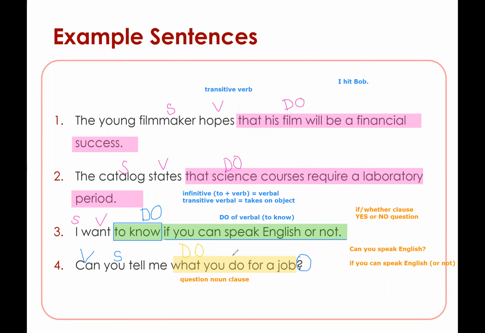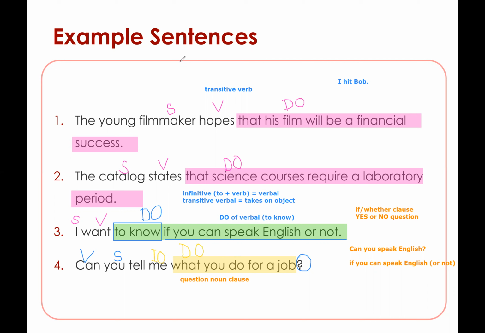Can you tell me something? Tell something, right? And what does that make me? Me is the indirect object, if you remember, right? So I buy you a pencil, right? You is the indirect object and pencil is the thing that is being bought. So that is the direct object. Anyway, coming back to our noun clause,